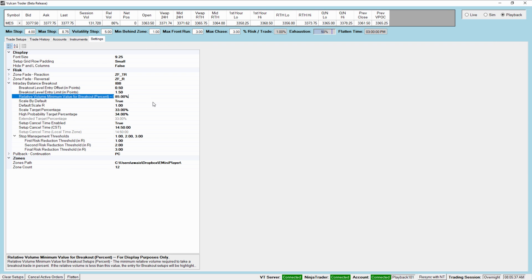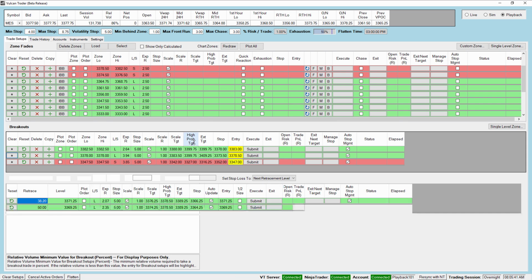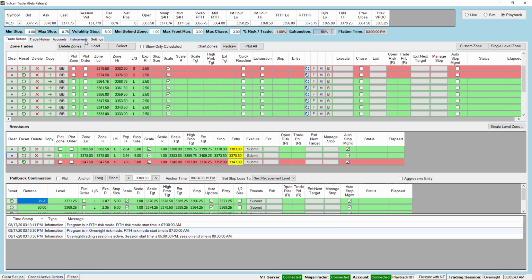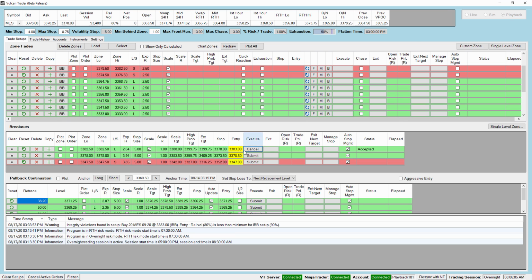If anything, I think I should change the minimum to, let's say, 90%. And then you can see when I do that, right, the entire entry column gets highlighted in yellow. It's simply saying, hey, this is an alert that the relative volume is not really optimal for this particular setup. And if I submit it, right, so I just submitted the order,